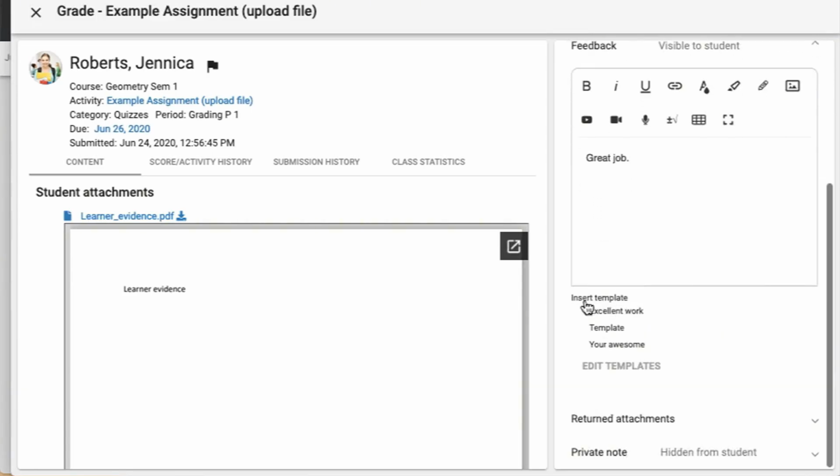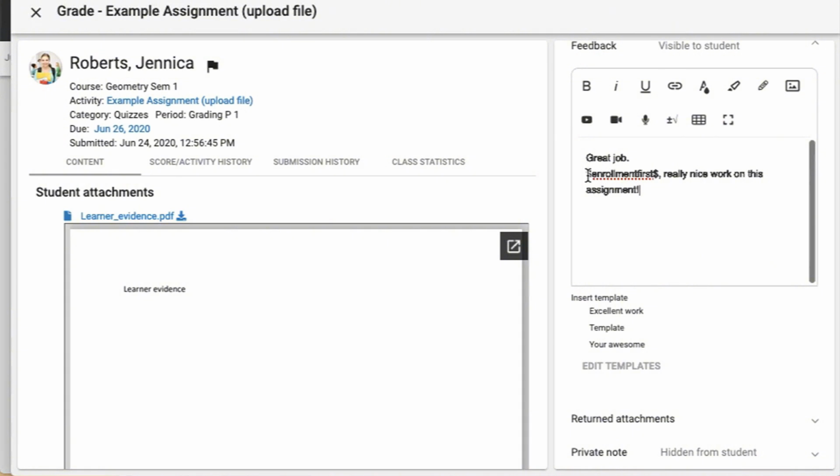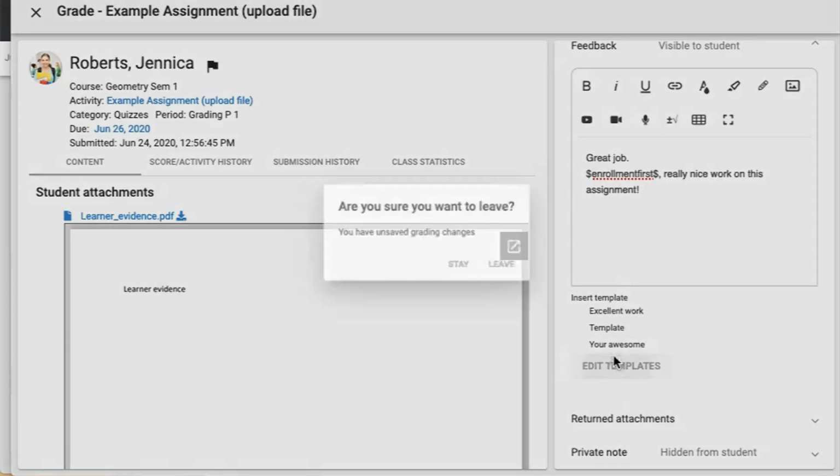You can also use templates. I can add in pre-built templates. In this example, it will use the enrollment's first name, and then you can have the text after it. For example, it could say, Nikki, really nice work on this assignment. It gives it a personal touch. You can also edit templates,